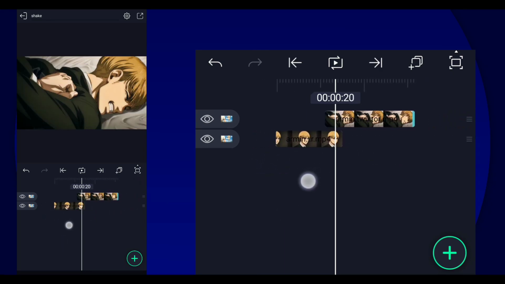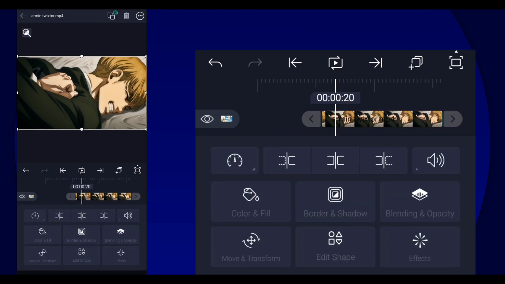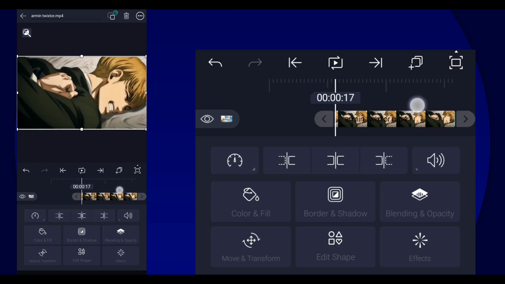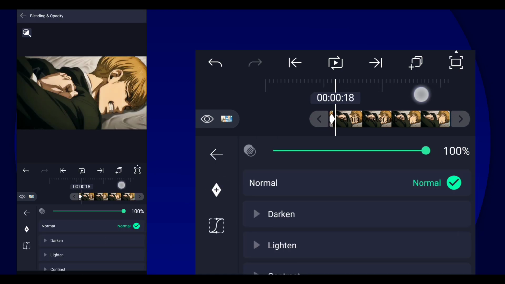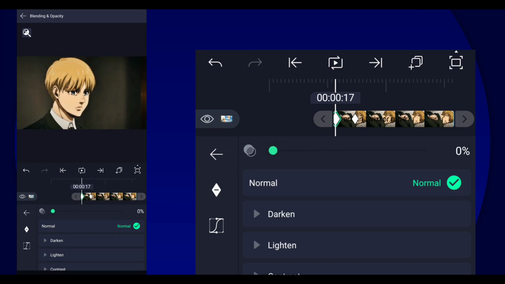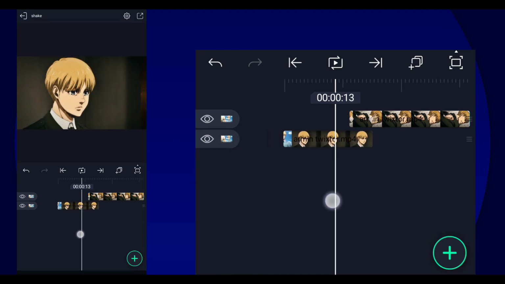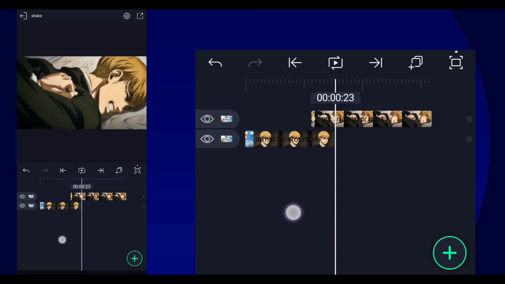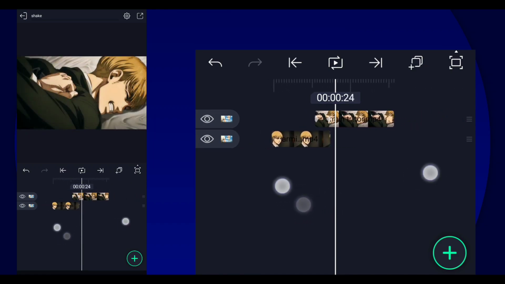Anyways, you're going to overlap your clips like this. Alright. And then we're gonna go to the second clip and make a fade in effect. So just add 2 keyframes on opacity, set the first keyframe to 0, and there you go. You got the fade effect.